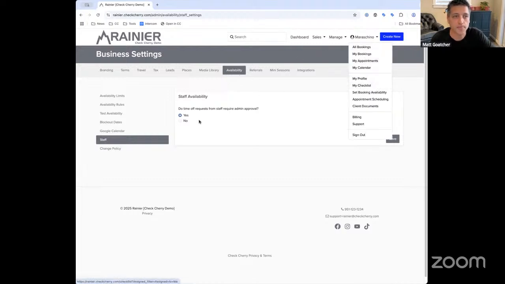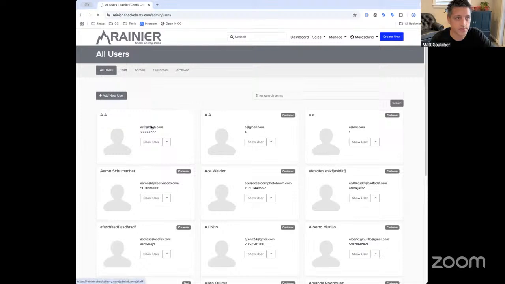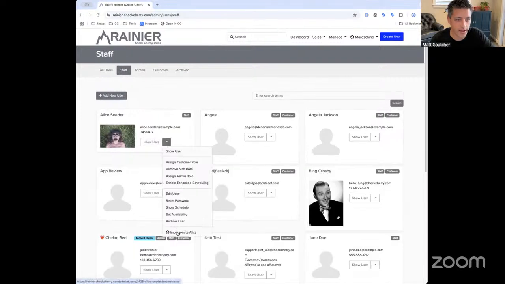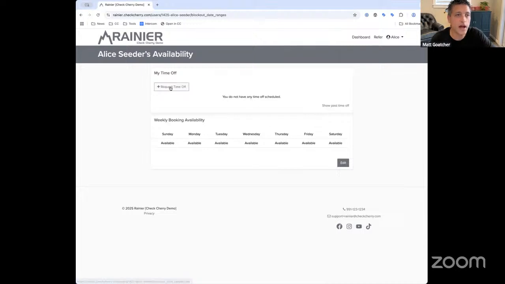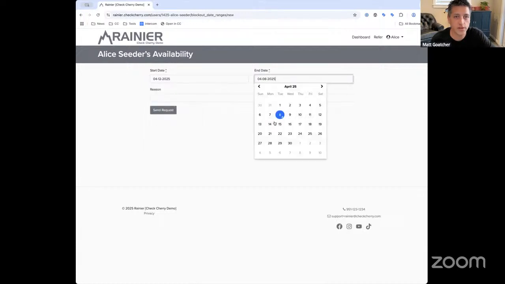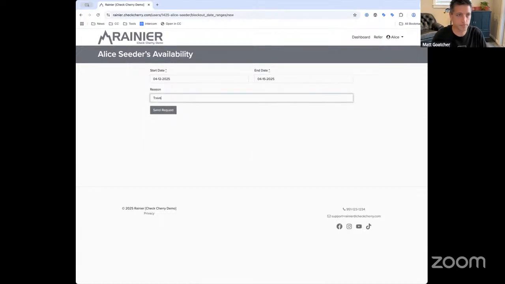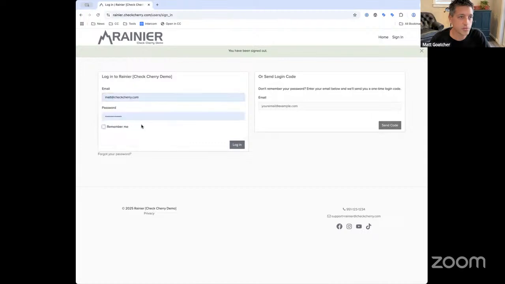Since this is turned to yes, let me log into one of our staff accounts here. We'll take a look at how it looks for Alice. I'm in Alice now, and if Alice sets her availability, requests time off, and puts a date and an end time, that's going to show awaiting review, and you'll get an email letting you know that somebody requested some time off. Now, switching back to our admin hat,